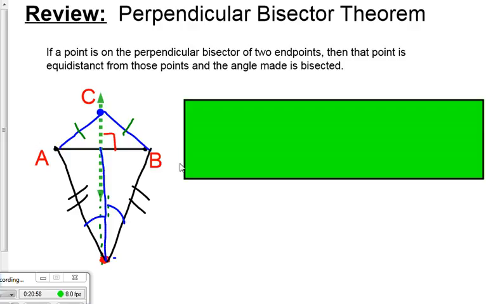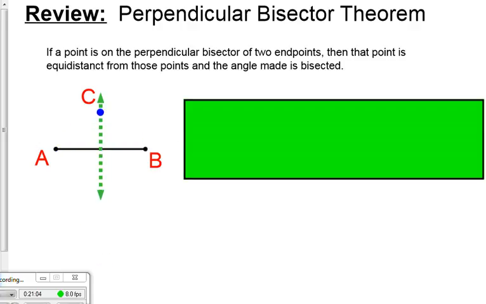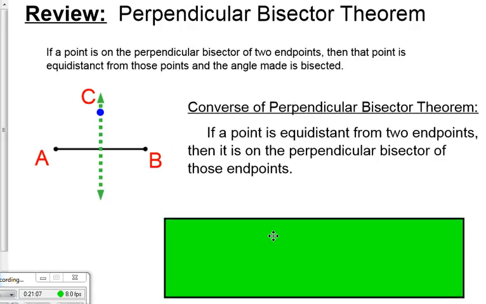Okay, the angle created is bisected. So that is the perpendicular bisector theorem. The converse of that, though, so if I do it the opposite way, if I didn't know that this line was the perpendicular bisector, but I know that there's a line from C here down to the segment AB,